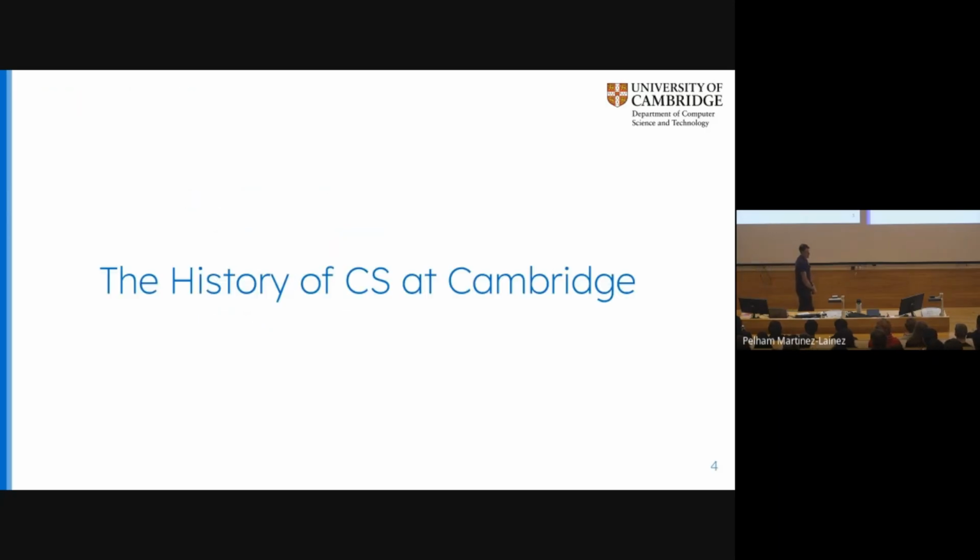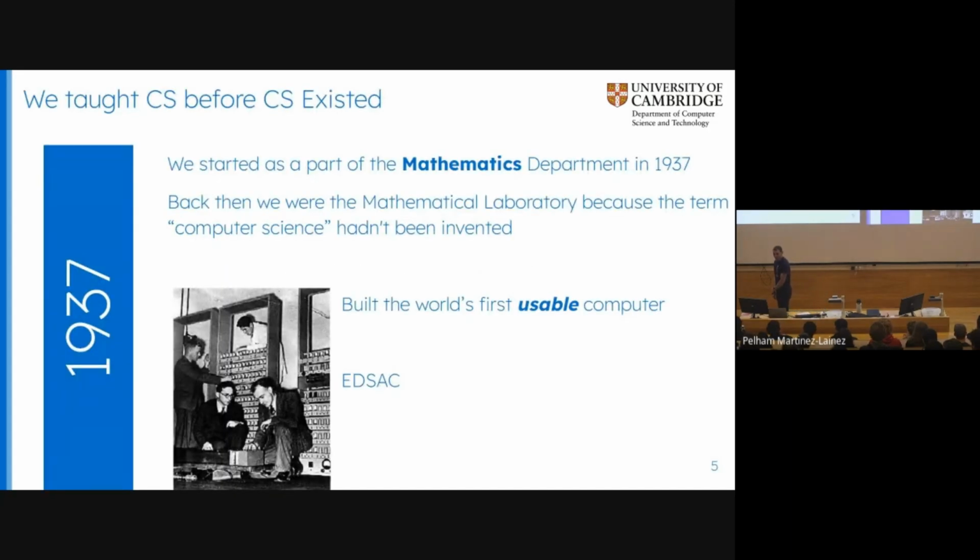Again, I'm promising you this isn't a really tedious, long, day-by-day account of what's happened with computer science at Cambridge, but I'm going to do a couple of slides because it's fairly important. The thing we like to remind everybody is that we actually started in 1937. For clarity, I was not around. 1937, so almost 90 years now. And computer science didn't exist as a subject. It actually started here as part of the mathematics department. We were a subset of the mathematics department back in 1937. No one had the notion of computer science.